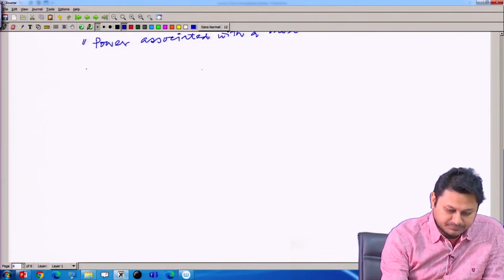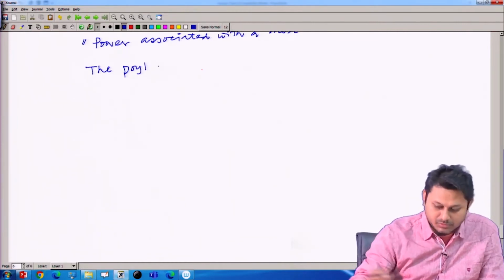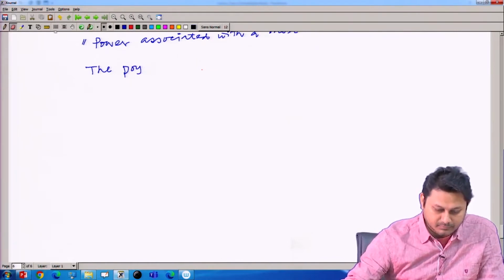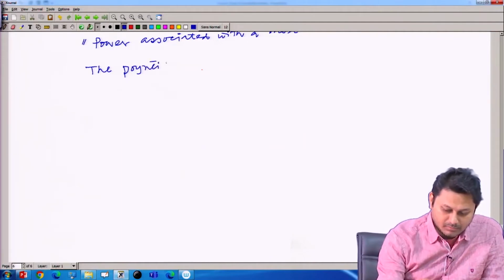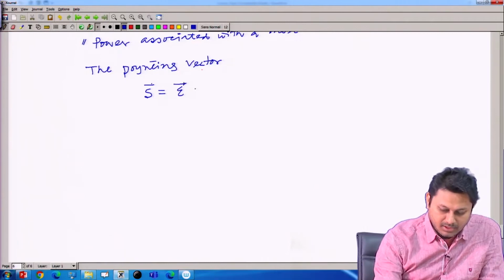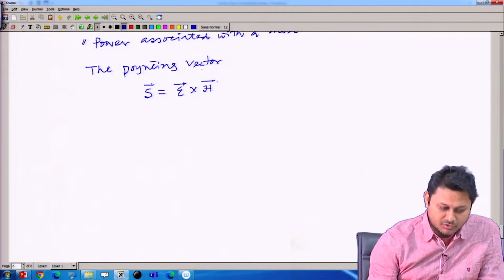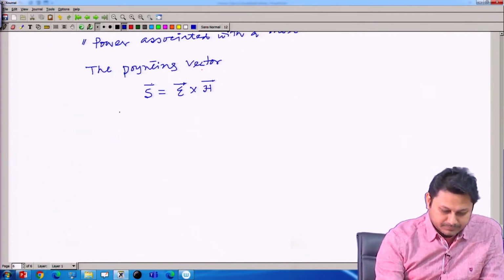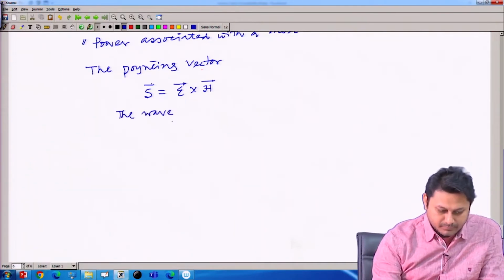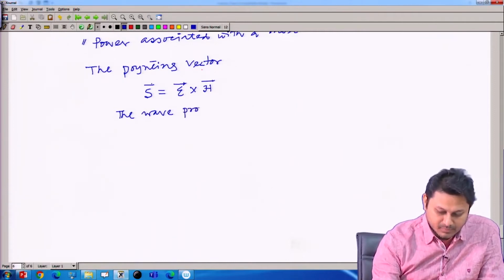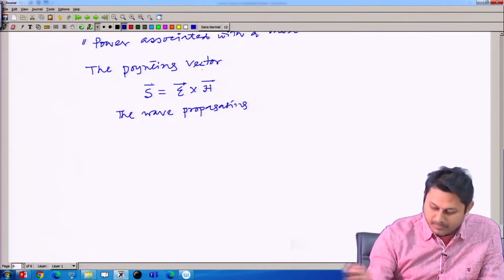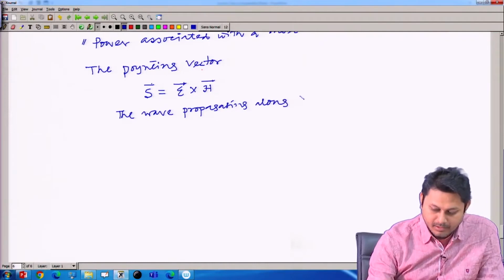So, pointing vector, the pointing vector S was defined as E cross H. So, the wave propagating along z direction